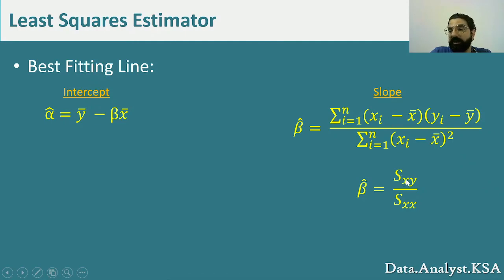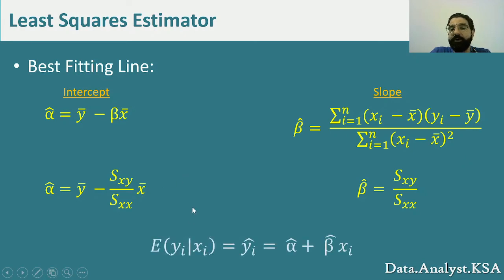So in the first term here, it's xi minus x bar and yi minus y bar. Hence there's an x and there's a y. And here they're both x's. So this is xi minus x bar times xi minus x bar, which is just xi minus x bar squared. And if I take this term now and put it over here, my alpha hat is going to be y bar minus S of xy over S of xx times x bar.